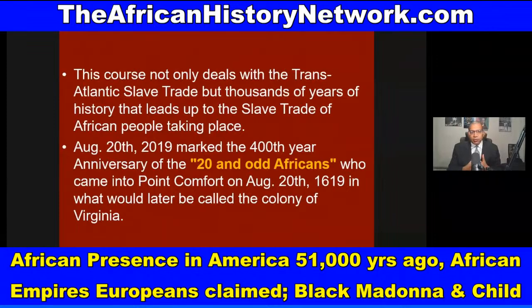August 20th, 2019 marked the 400th year anniversary of those 20 and odd Africans, or 20 and odd Negroes, who came into Point Comfort, August 20th, 1619, in what would later be called the colony of Virginia. Now, this is on the White Lion pirate ship, which was an English pirate ship. And even though August 20th, 1619 did happen, Africans were in the land we call the United States of America going back at least